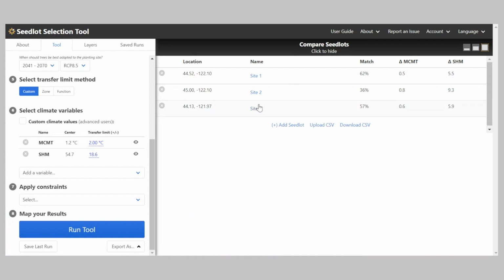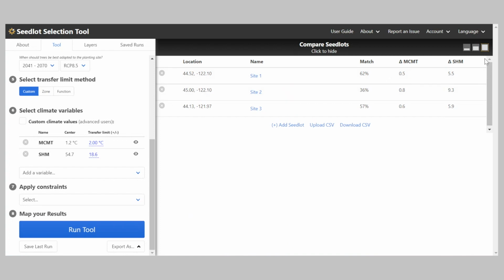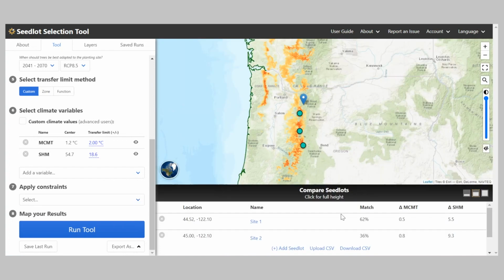So of these 3 seed lots, site 1 would be the best choice. Even though site 2 is geographically closer, it's only a 36% match. So this would indicate that the seed lot for site 1 would be a better match.